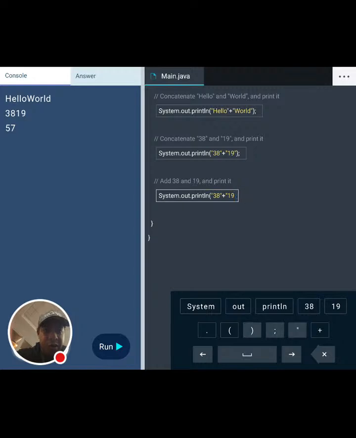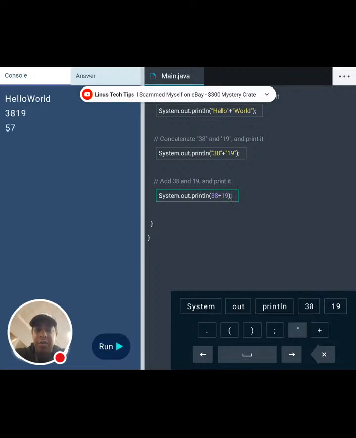So here's what I did wrong. I made that a string. So it's not a string. I didn't pay attention to the directions. This one was actually just normal adding and subtracting.